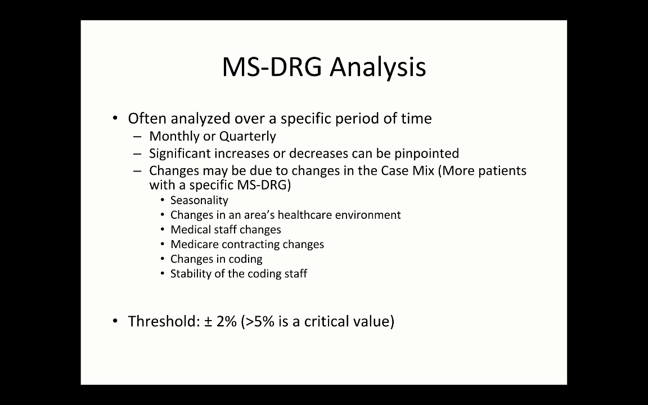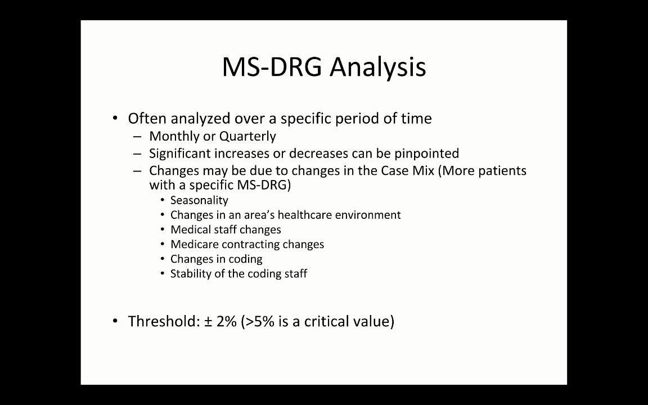The reason for significant shifts in average weighted values is often due to changes in the patient case mix. That is, more patients are seen with a specific MS-DRG. Common reasons for more patients seen with a specific MS-DRG include seasonality. If it is a flu season, it's likely that the MS-DRG for gastric diseases would increase. Changes in an area's healthcare environment can also be causative. If a hospital is opening or closing a service line, for instance, this may cause a significant change in the